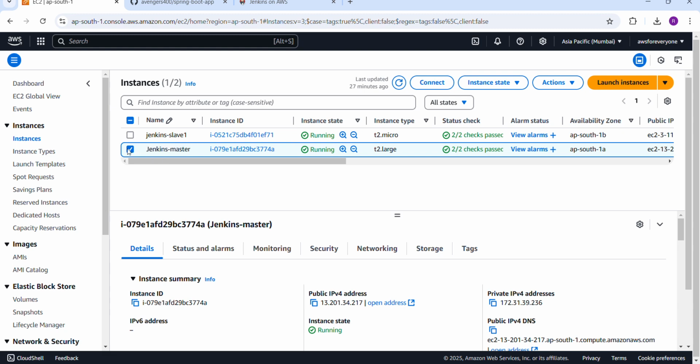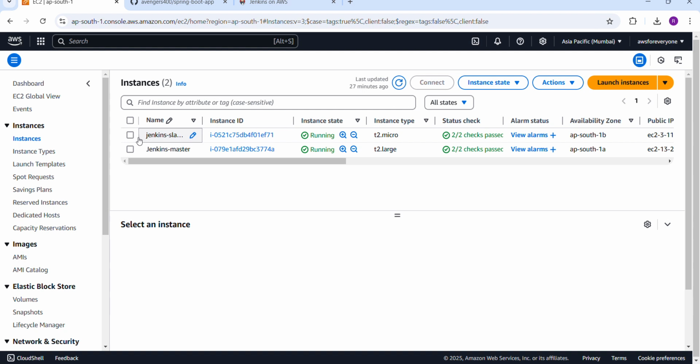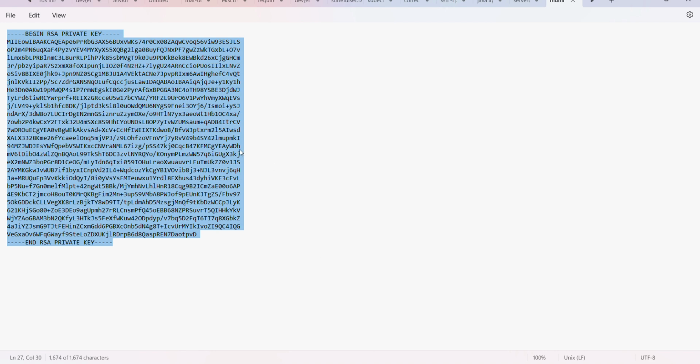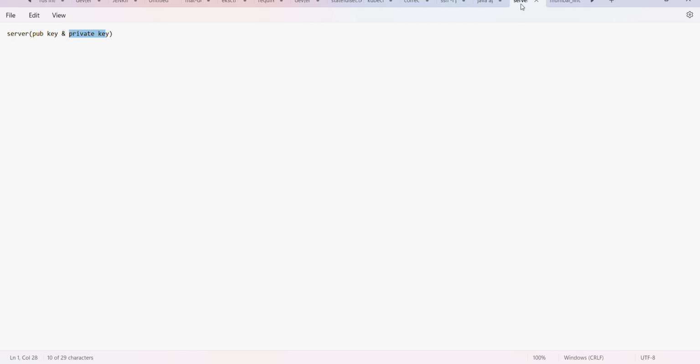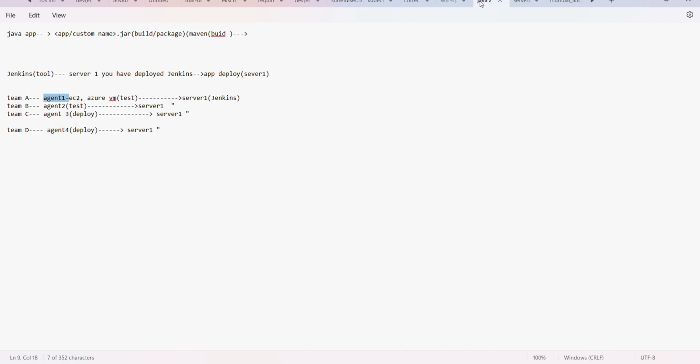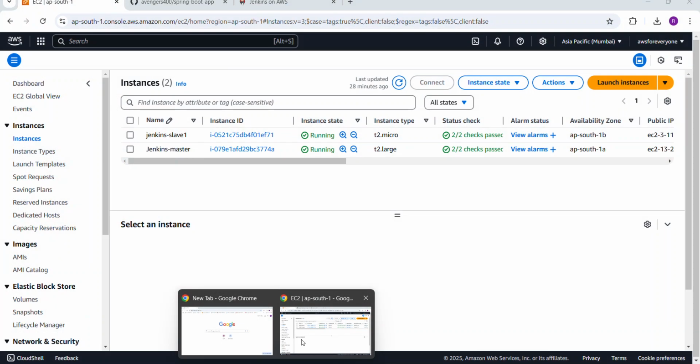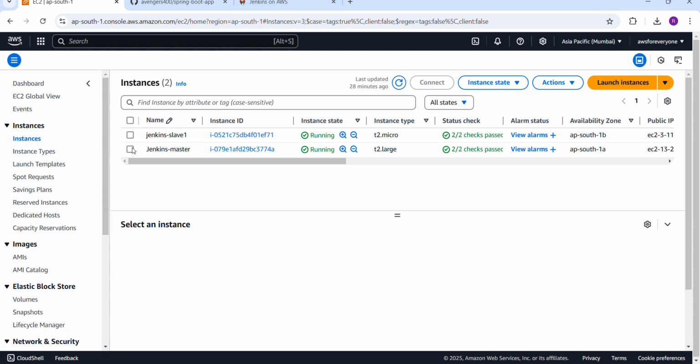So if you see, I have installed one more Jenkins slave. Why have I done this? Let me show you. Suppose we have installed Jenkins in server 1. Now there is the URL. Once you deploy the server, Jenkins will run on a URL, right? And my URL in this case is this Jenkins master